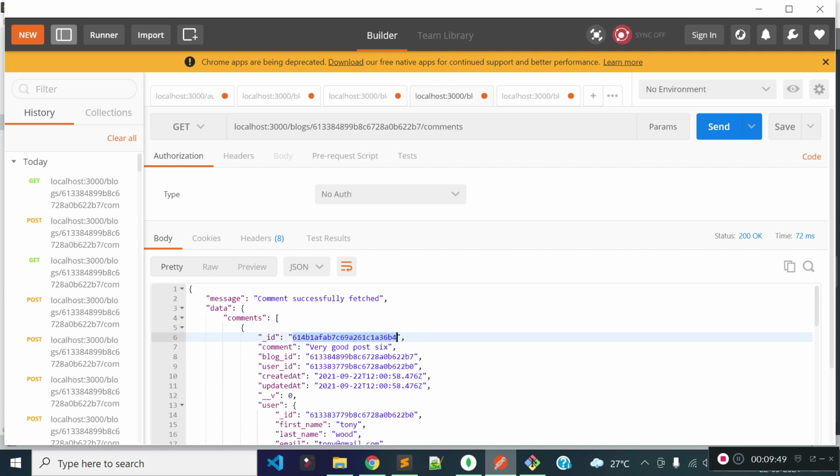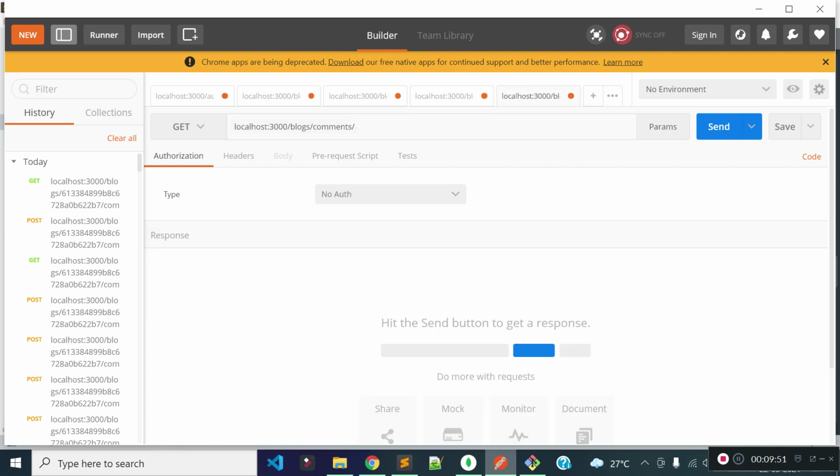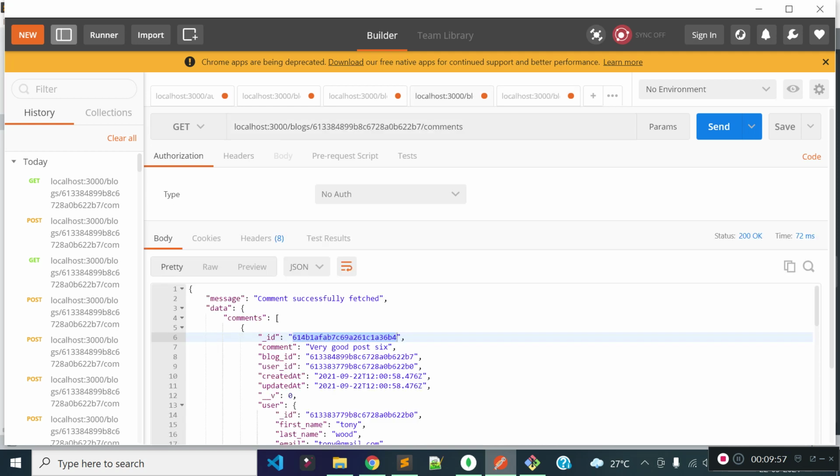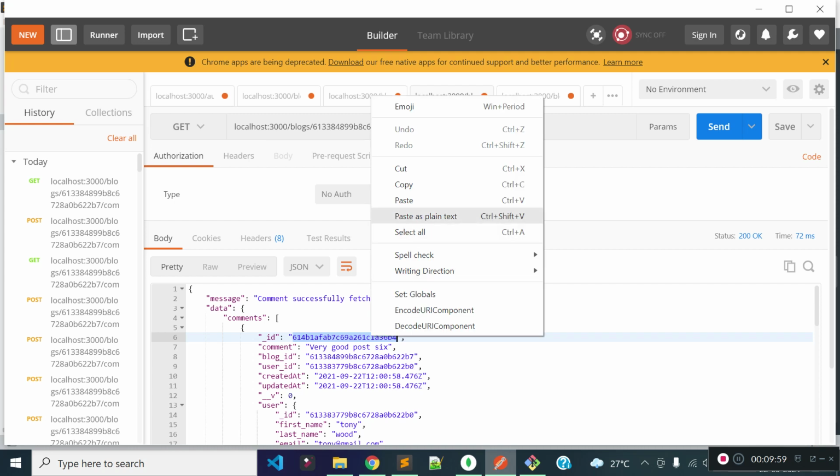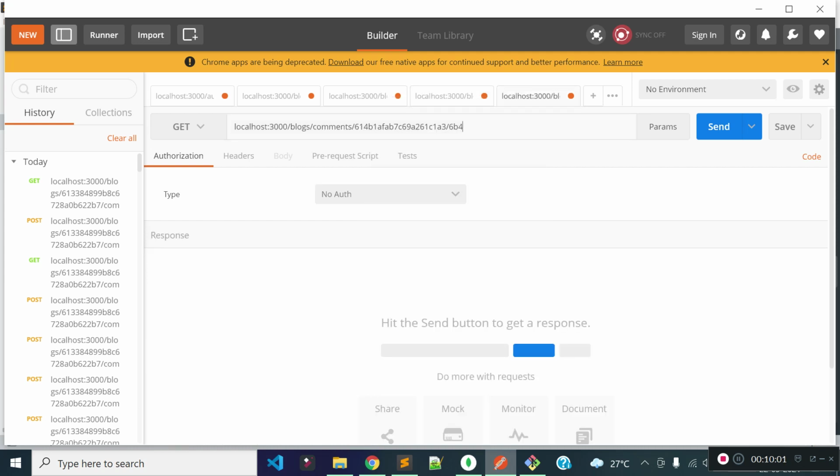So I'll take this ID and provide it as a route parameter here. Sorry, I have to take the correct one. Let's provide the comment ID here, and then I have to provide /update here, and the route endpoint will be a PUT method.